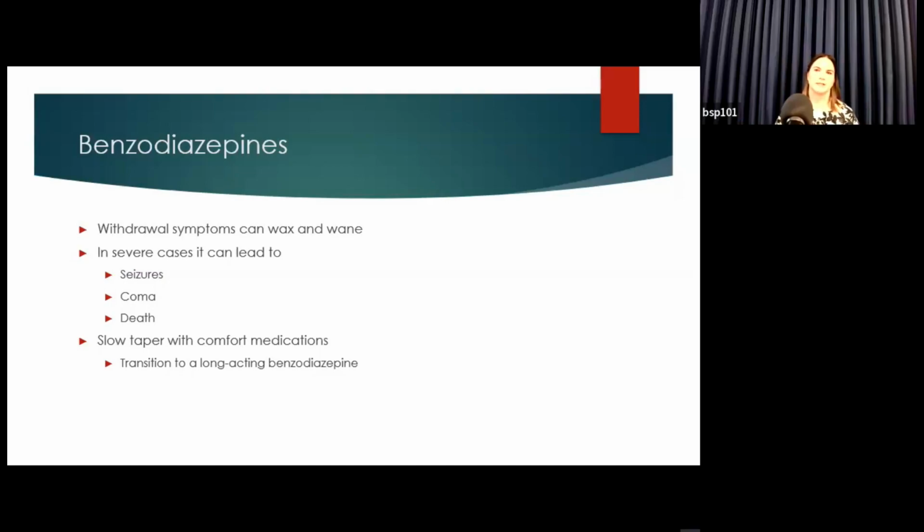Usually what's recommended is to try to do it in an outpatient setting. So transitioning them from Xanax or lorazepam, whatever their benzo is, to a long-acting benzo, usually clonazepam. Xanax to clonazepam is a 1-to-1. So if they're on 6 of Xanax, you can put them onto 6 of clonazepam, and then slowly taper them down. So that's how we try to do that in the outpatient setting. In the inpatient setting, you just end up throwing meds at their symptoms and maybe using phenobarbital to reduce the risk of seizure.